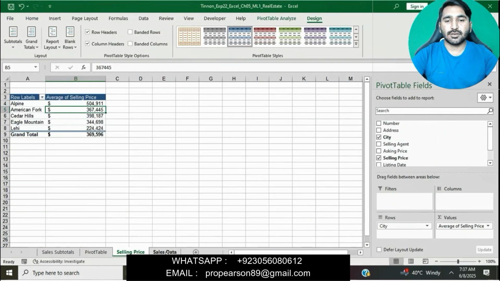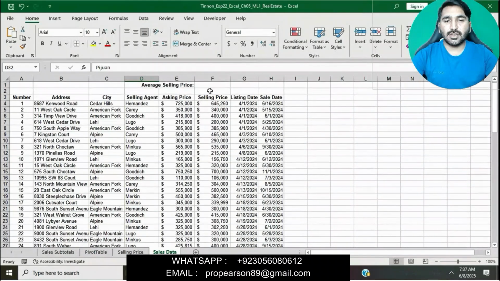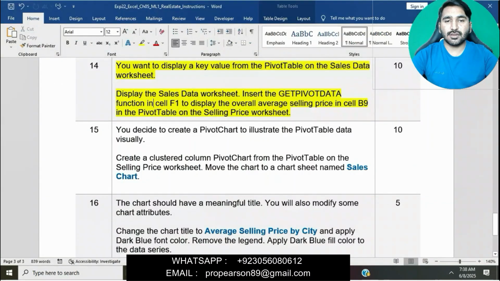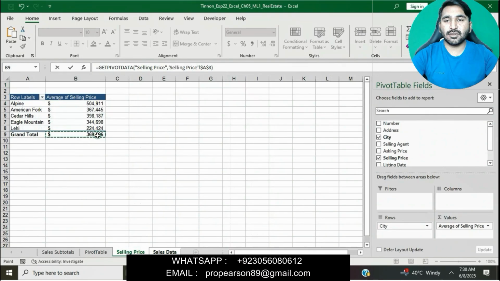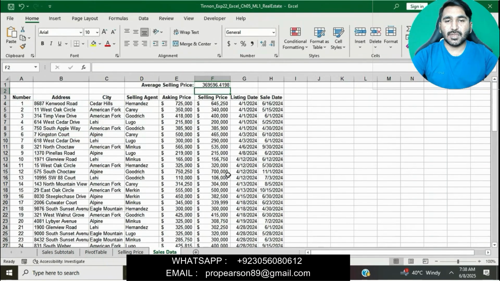Display the sales data worksheet, and then in cell F1 insert the GETPIVOTDATA function. Average selling price in cell B9. Press equal to in cell F1, then go to the selling price sheet, click on B9 and simply press enter. Okay, this question